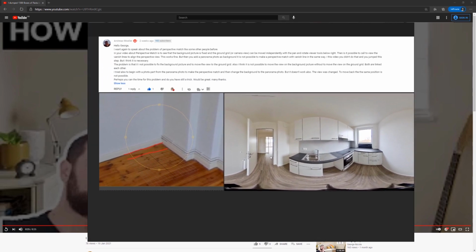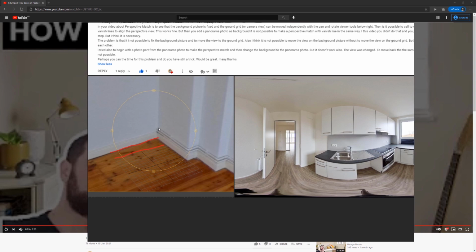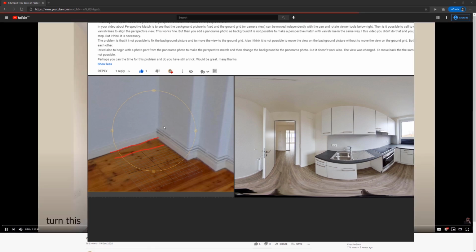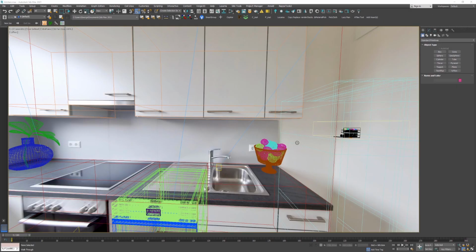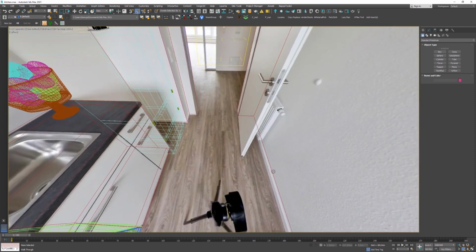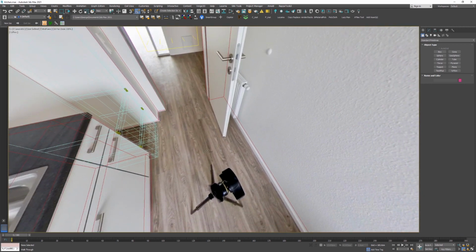And that's totally understandable because some panoramas are not properly aligned, and when you import them inside 3ds Max, everything goes to the north and you will never get a proper matching of the ground plane according to the 90 degrees angles. So today I'm showing you this scene,